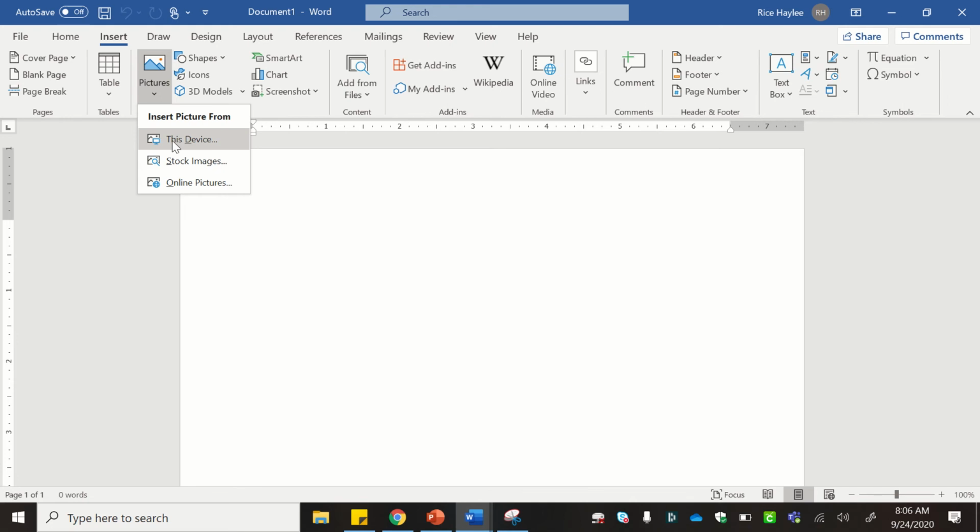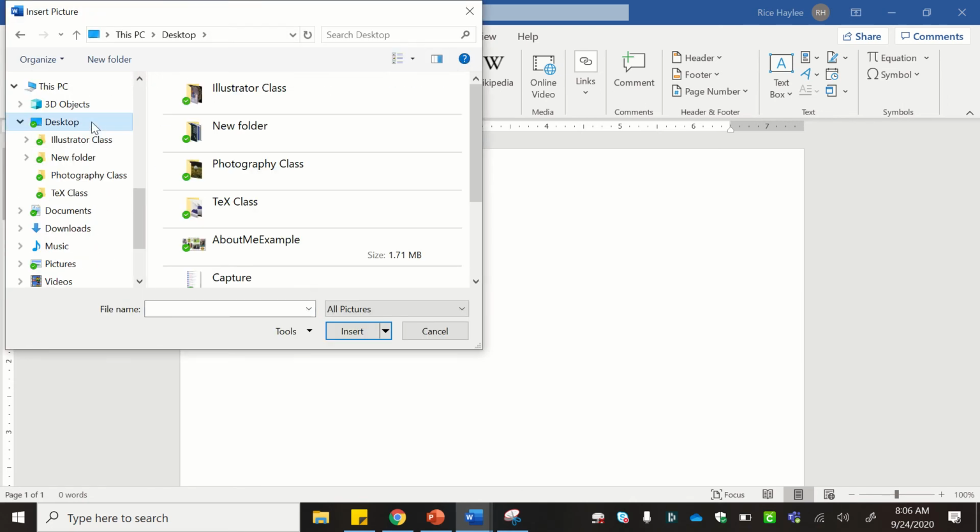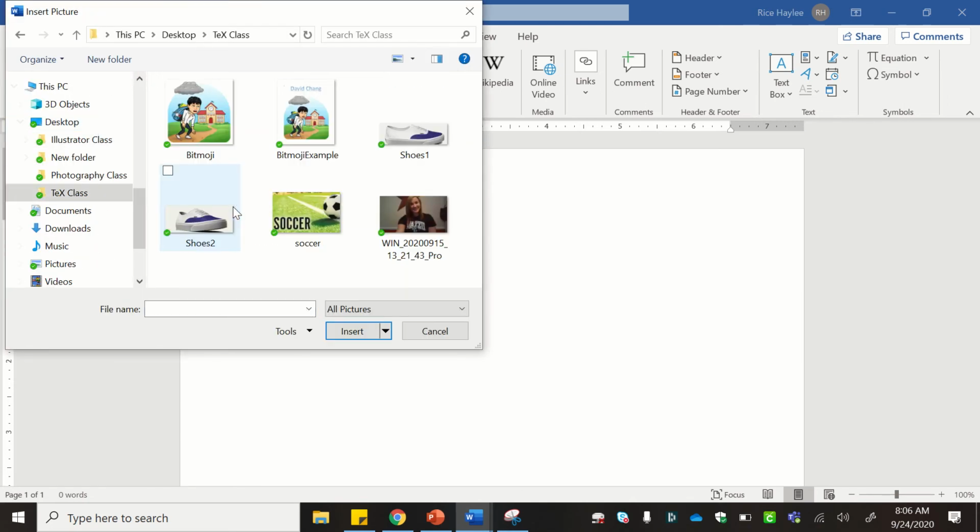Insert Pictures, this device. We're going to go to our TEX class folder. Once you have the 3 images of the shoes, you can select the image from your TEX class folder, insert,